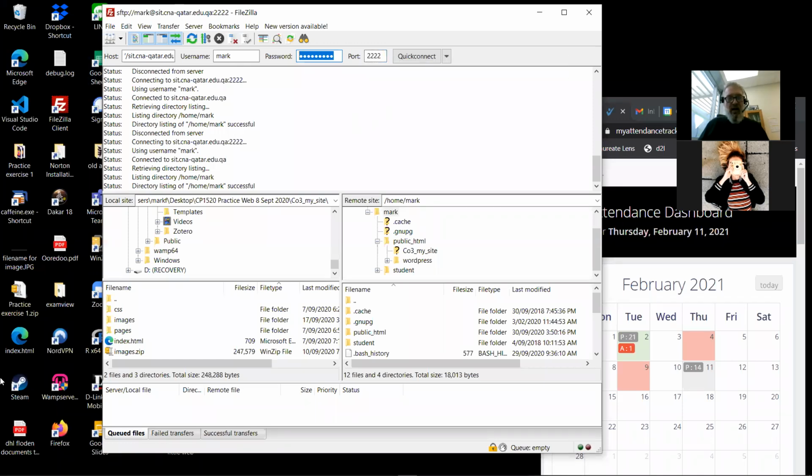When you connect, you can see that I've had a few successful connections, but you just press the button and it will connect for you. Once you are connected through FileZilla, FileZilla is actually just the application software running on your computer as client software, which allows you to have access to the server. So what do you put into the host? You put into the host this SFTP,